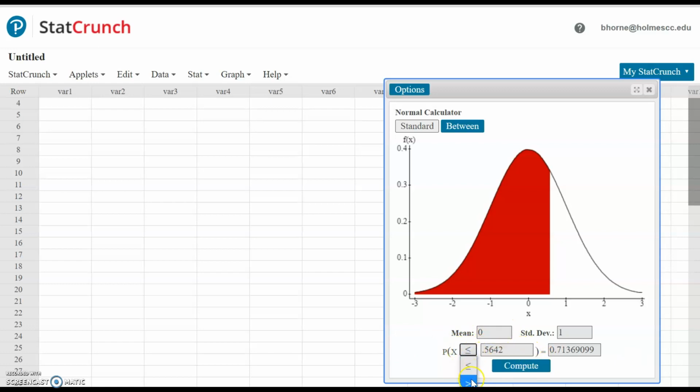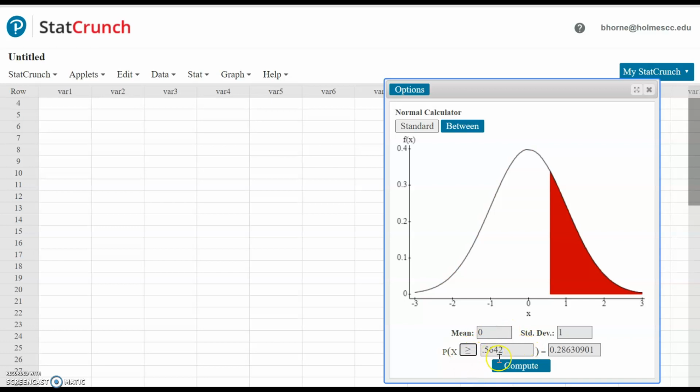You could put in greater than or equal to 0.5642 and then subtract that, which would be 1 minus, subtracting out this area, because we want everything less than that. So we could subtract out 0.2863,